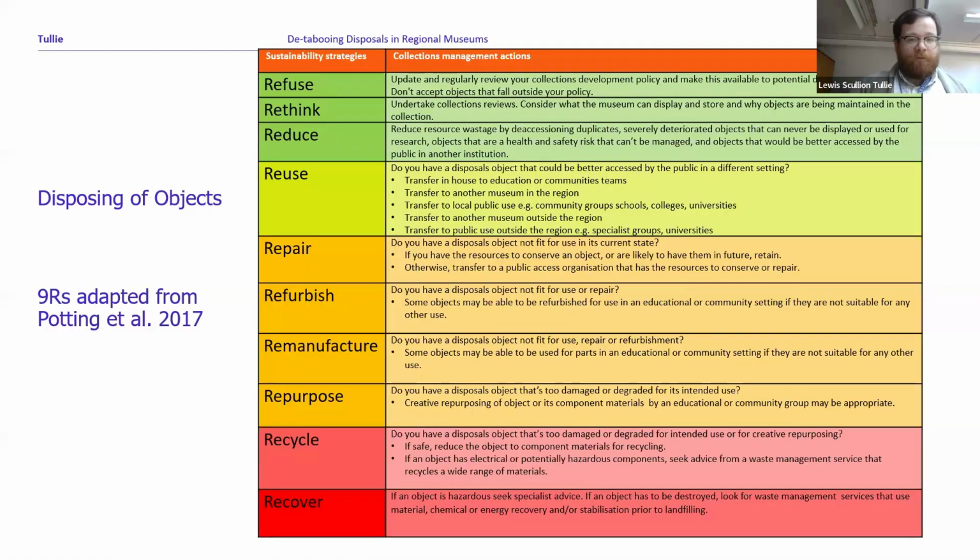So when it comes to disposing of objects, we've looked at trying to reduce as much waste as possible. With objects that are in poor condition, we're trying to come up with other ways to dispose of an object rather than just throwing it away. So it's important to